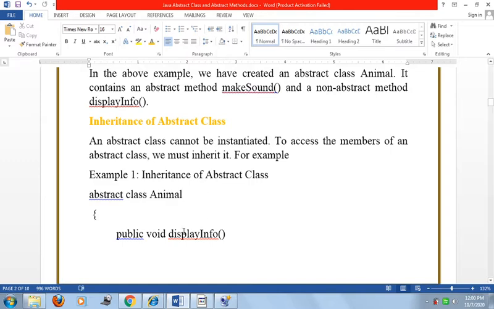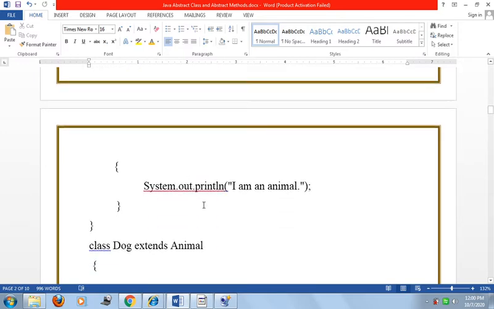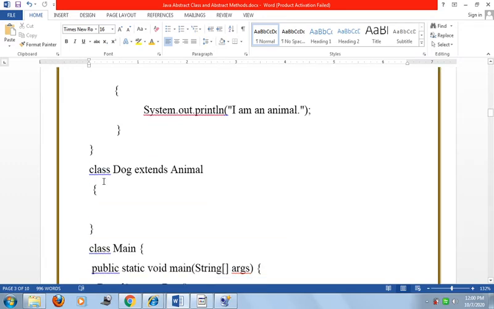For example, suppose I take the abstract class Animal. Now, in that abstract class, I take a non-abstract method displayInfo, and I print the message I am an animal. And now I take another class Dog that extends Animal. That means Dog is the subclass and Animal is the superclass.